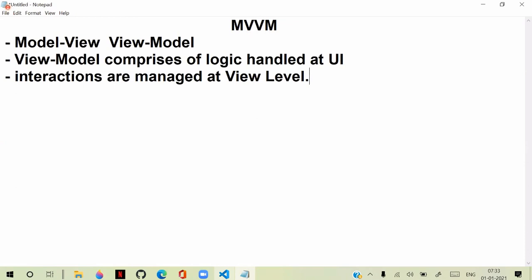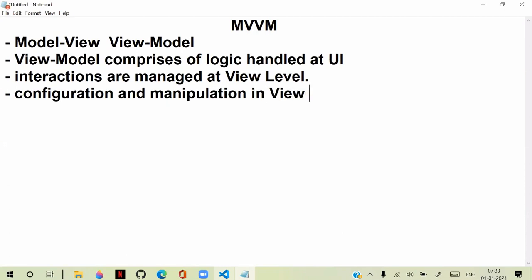Everything is managed in the view only. But some problems are there. If configuration and manipulation, everything is managed in the view, in view means UI, right? If it is managed in the view, then the problem is that it makes the page very heavy.